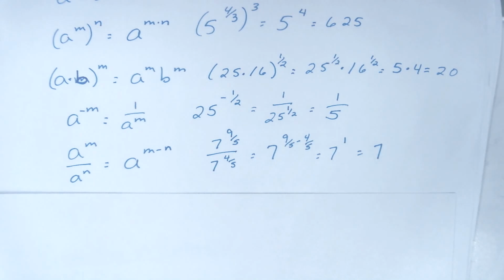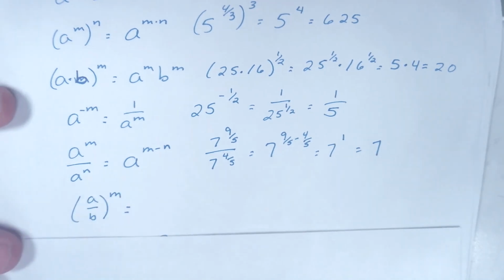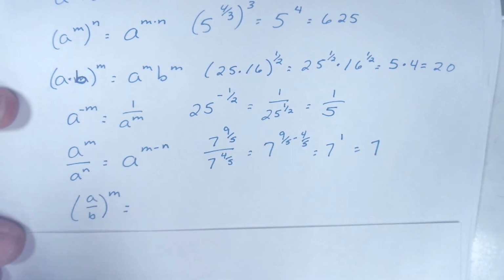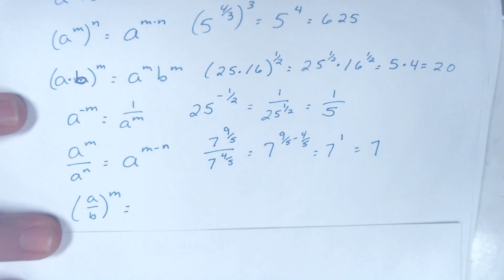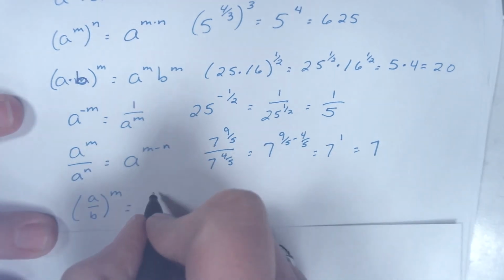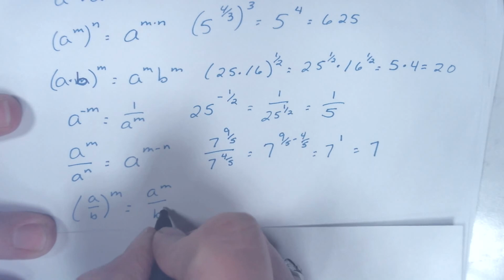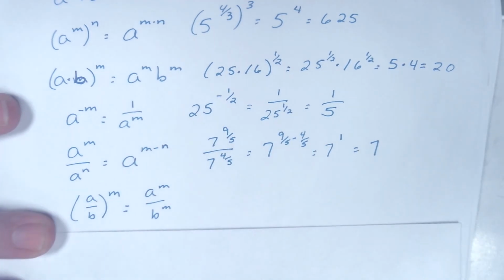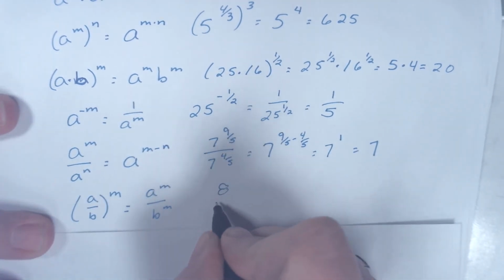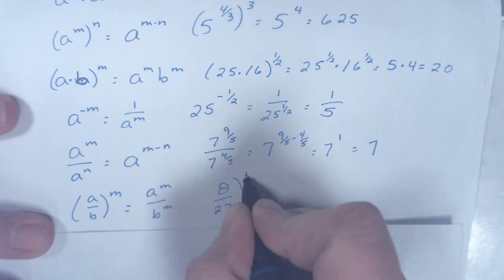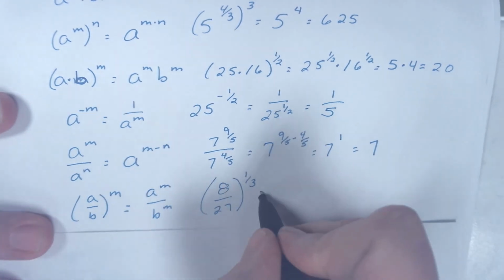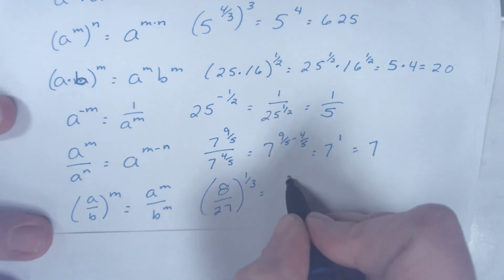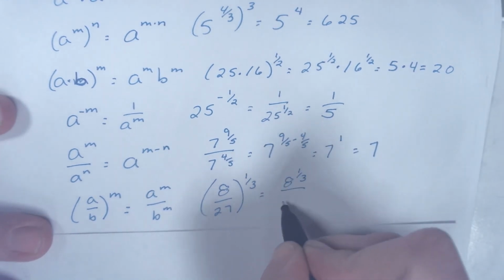And this last one, power of a quotient. Yes, I didn't put the official names here, but we've done these before, just not with fractions. A over b all to the m power is the same as a to the m power over b to the m power. So if I took 8 over 27 to the 1/3 power, punching it in your calculator would make an ugly mess. But if we distribute the 1/3 power, so 8 to the 1/3 over 27 to the 1/3,